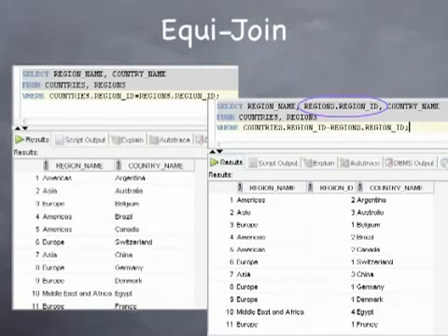The statement that you would have written in order to perform the equijoin is: SELECT region_name, country_name FROM countries, regions WHERE countries.region_id = regions.region_id. We've listed the two table names in the FROM clause. In the WHERE clause, we've identified how data from one table is related to the other table based on a condition of equality. In the SELECT column list, you have identified the values that you want to see in the